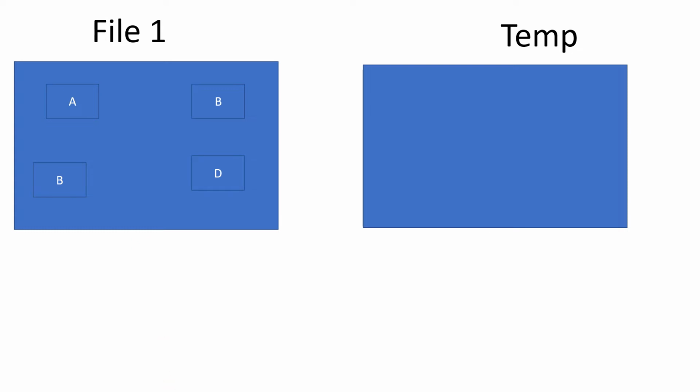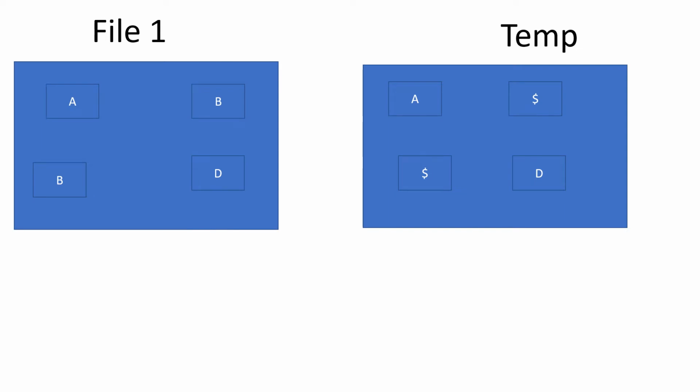We will fetch the first data from the file. It is A. So we will copy it down in the temporary file as it is. Then the second data is B. Now we want to modify it by $. So instead of copying B, we will copy down the $. Again the third is B, which we want to modify. So instead of copying down the B, we will copy down the $ in the temporary file, and then D is the data which we don't want to modify, so we will copy down D as it is.